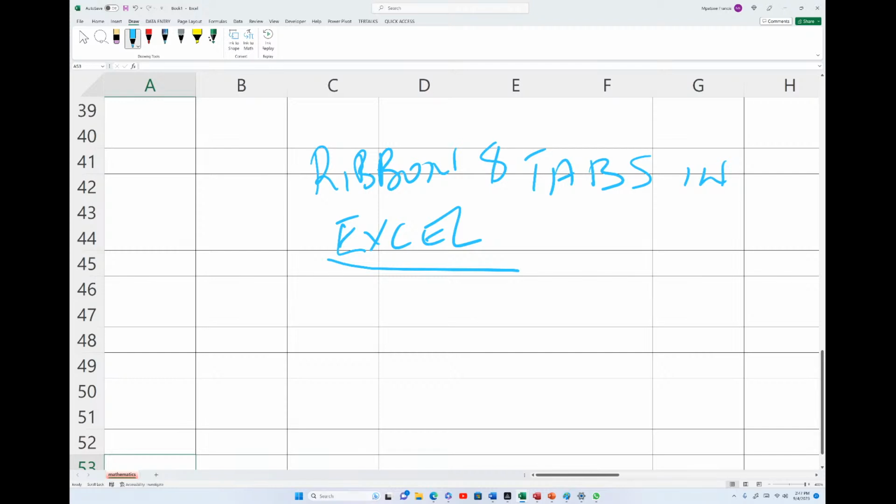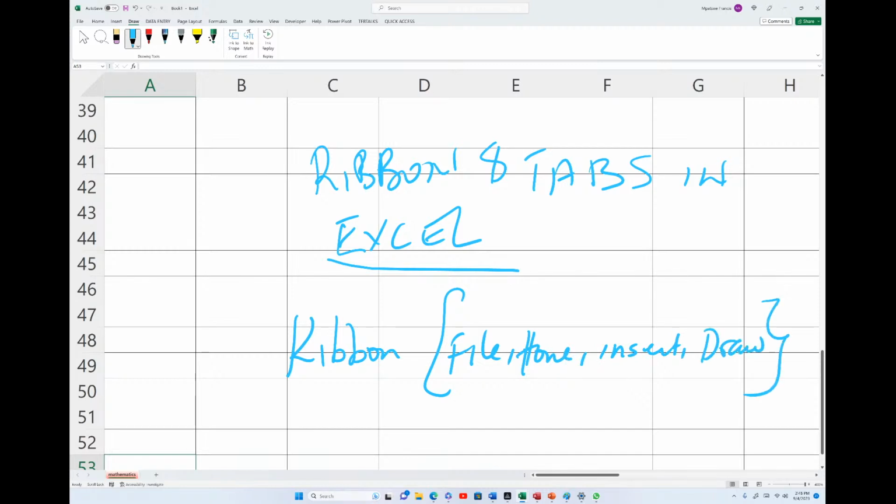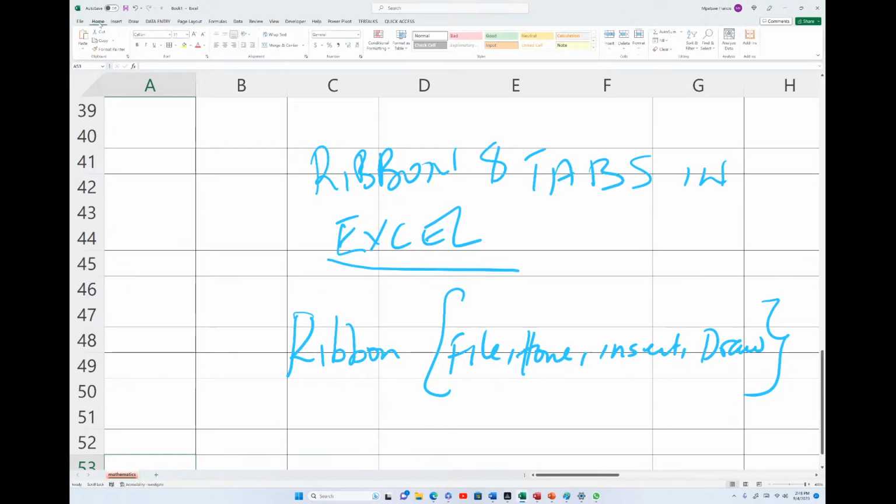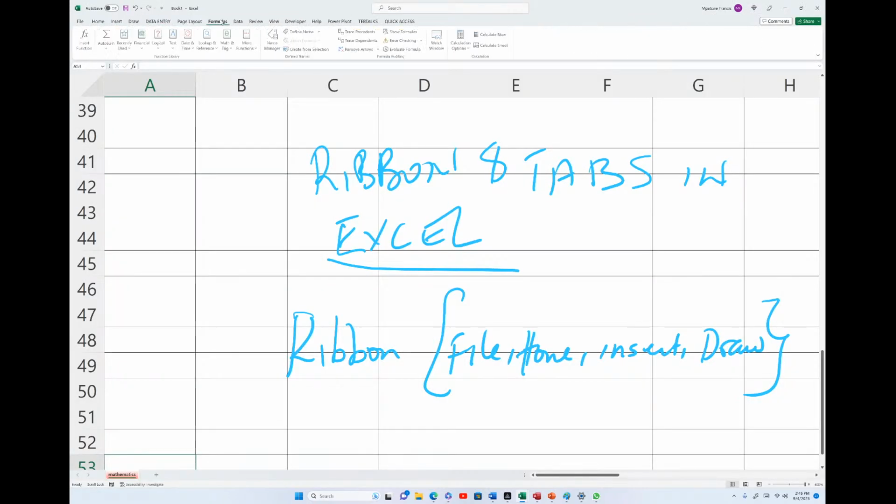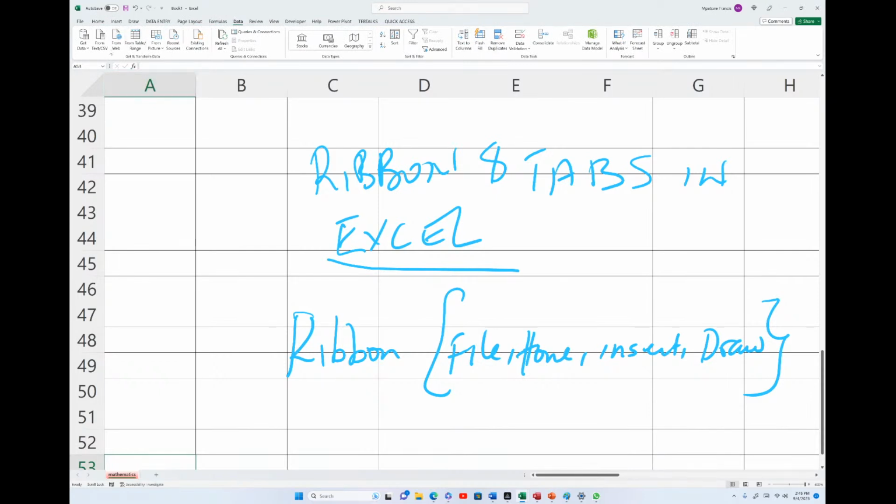When you look at what we call the ribbon, a ribbon is a collection of different tabs. So we have the file tab, we have the home tab, we have the insert tab, we have the draw tab, and so on. All these are what we call the tabs, and they are all under what we call a ribbon. By default, a ribbon is a group of tabs like the file tab, the home tab, insert tab. All these are what we call the tabs, and now the collection of all these tabs is what we call